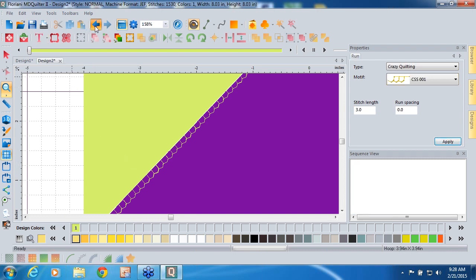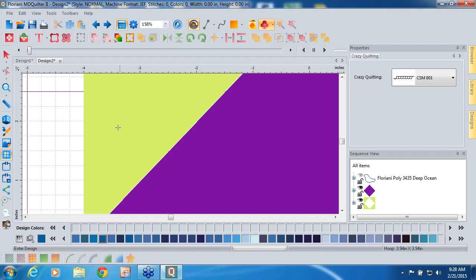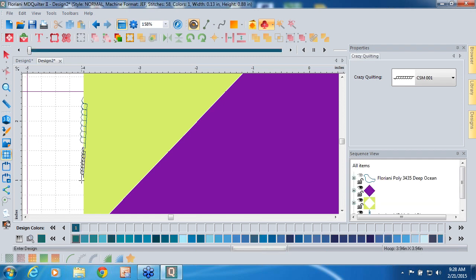I put that Crazy Quilt stitch line right along the edge of that border, so that allows me to manually do it. Now, if I want to do it differently, if I want to do it a stitch at a time, I would simply come here and select my manual, and then what I've got attached here, and I'm going to do it over here so you can see, what I've got attached here is my Crazy Quilt stitches. So I can click and drag my mouse, and I'm putting in a stitch line at a time. Okay? So I can do this, and I'm purposefully making them a little bit random size and orientation. Give it a stitch. Do it precisely